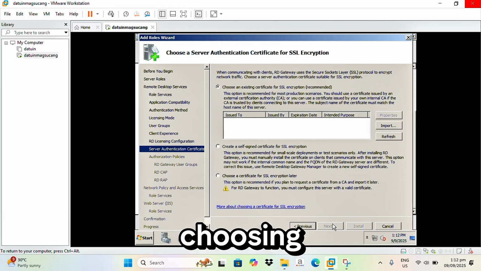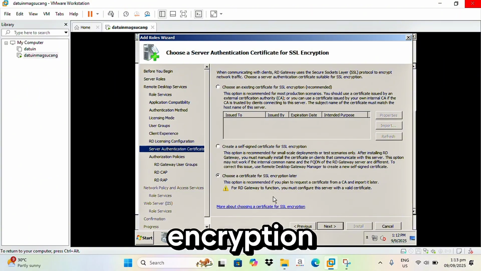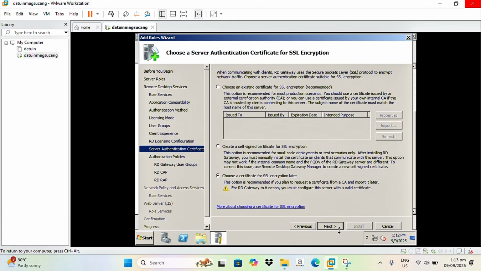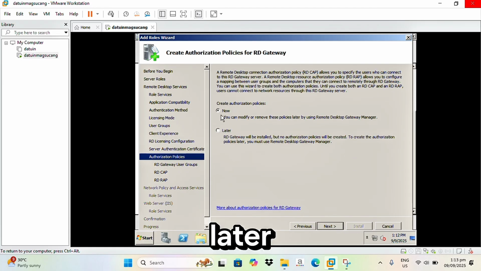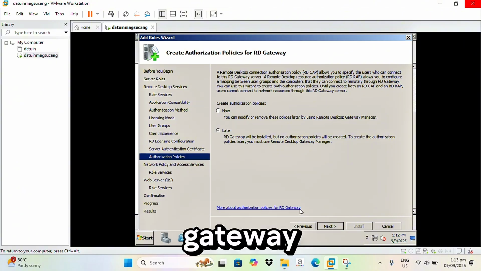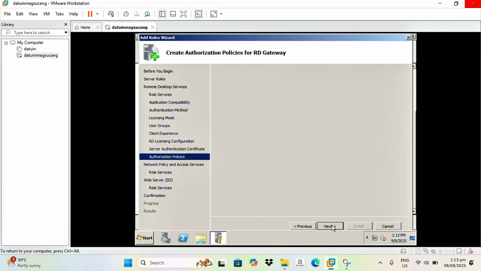And then for choosing a server authentication certificate for SSL encryption, just choose a certificate for SSL encryption later, then click next. Then choose later in authorization policies for RD gateway, then click next.